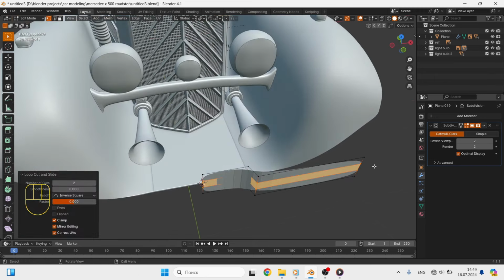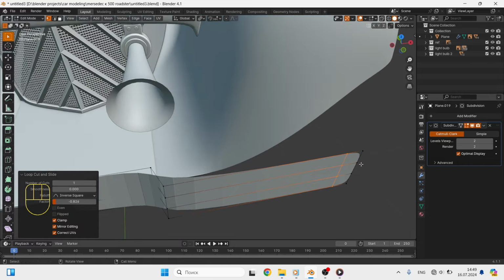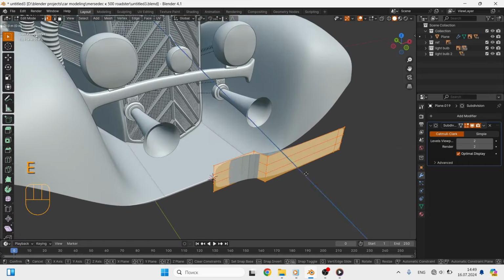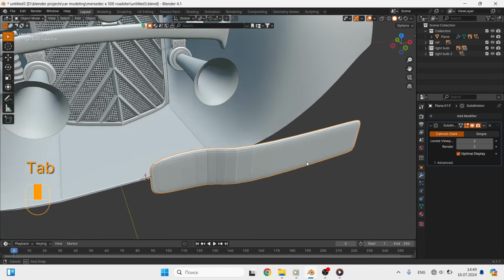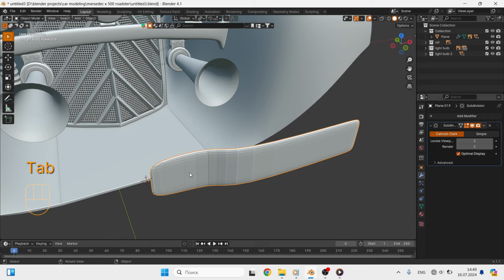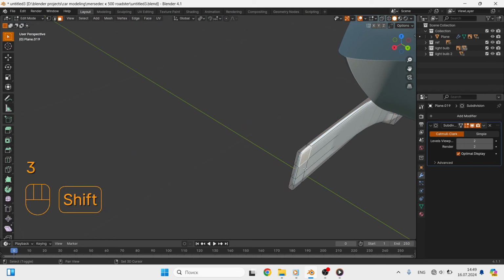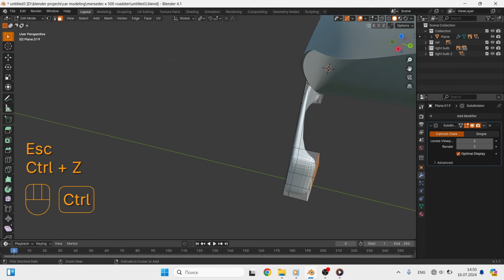If you look at the reference, you can see that the bumper at the end has some kind of rounding, so to create it, you need to add another edge in the place where the rounding will be. Now I suggest selecting all the faces and extruding them along the Y-axis to set the thickness of the bumper. To create rounding, select the faces and extrude them along the Y-axis, but so far we have a rectangle.